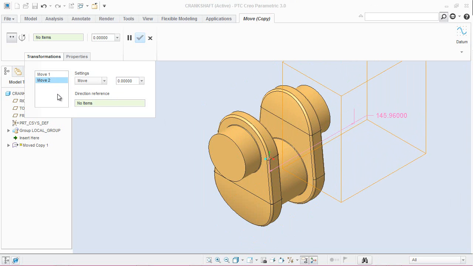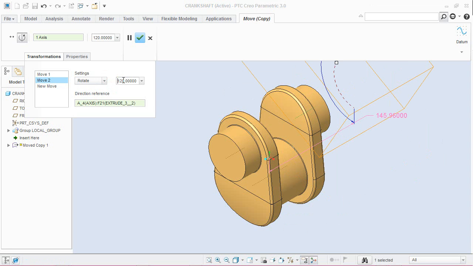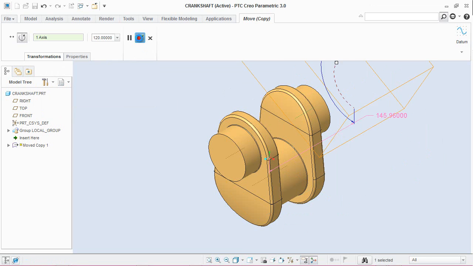Add a new move. This time it will be a rotational transformation. Specify this axis for the direction reference and in the rotation angle fill -120 degree and click OK.